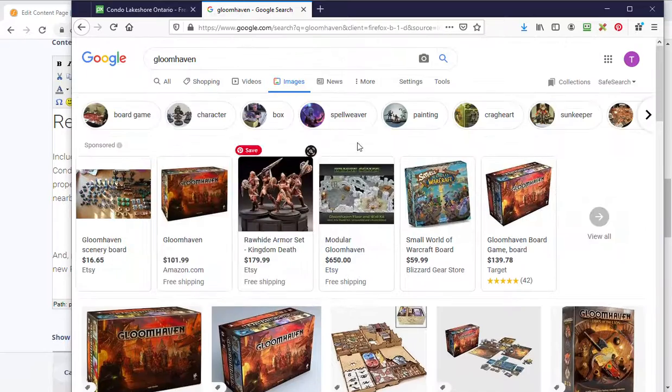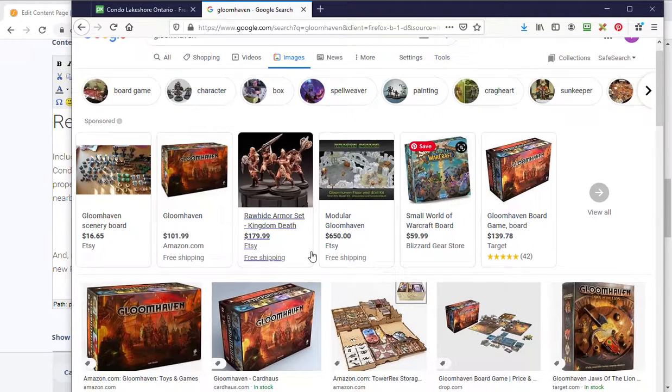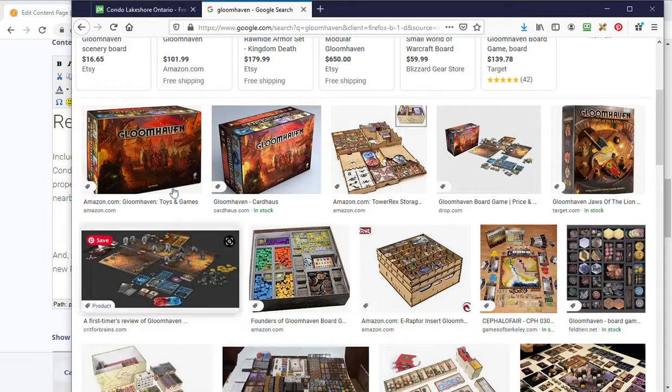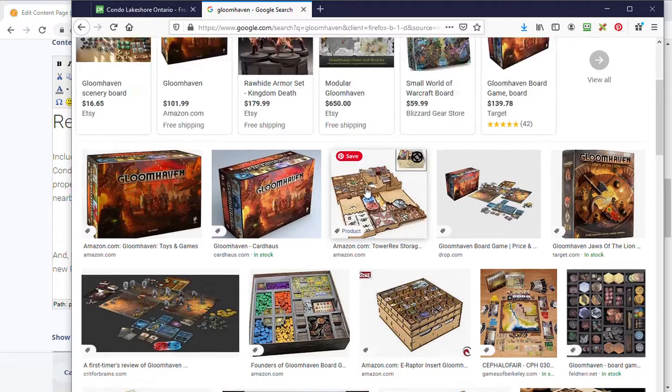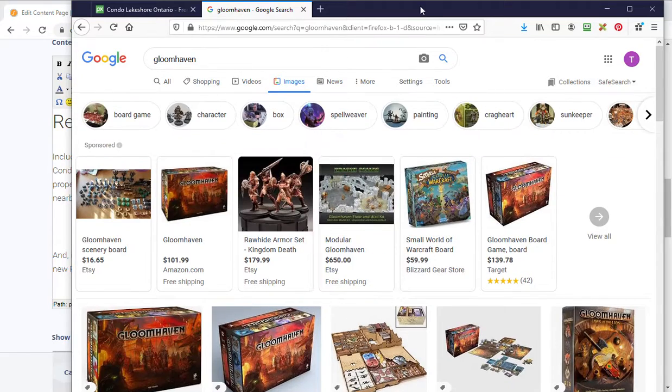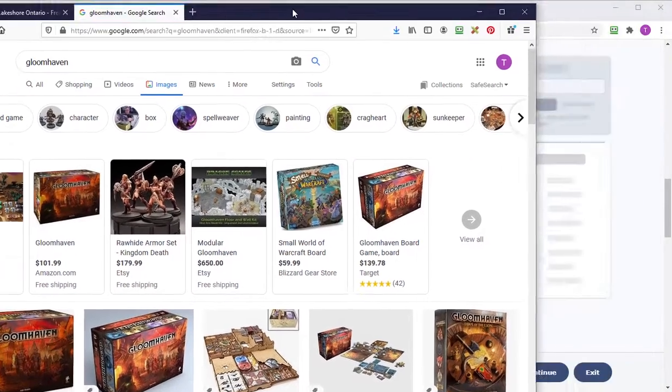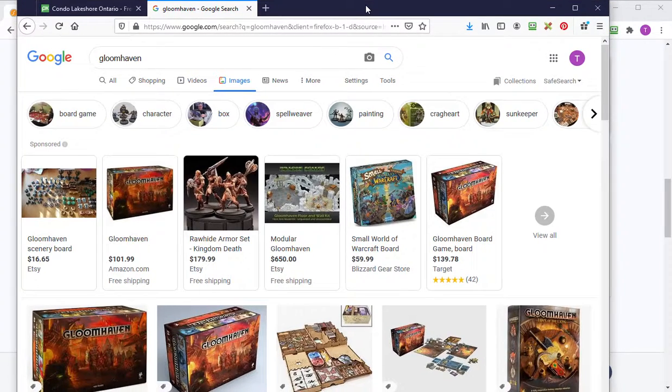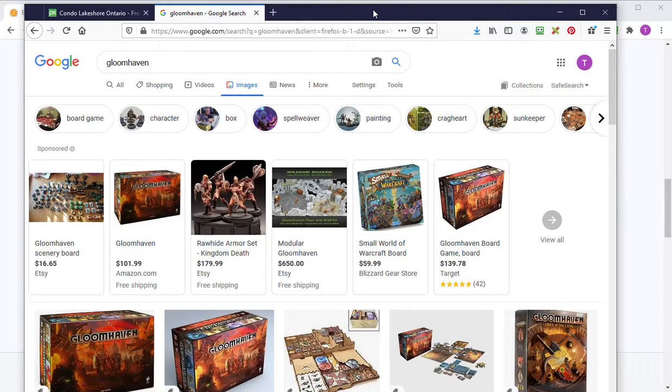So then you kind of get the idea. You cannot use any of these images. These are all copyrighted. If you use one of these images, you will receive in the mail, at your discretion, a lawsuit letter telling you to remove the file and maybe an upwards of a $5,000 fine. There are ways to get out of those, but why go through the hassle when you could just go to